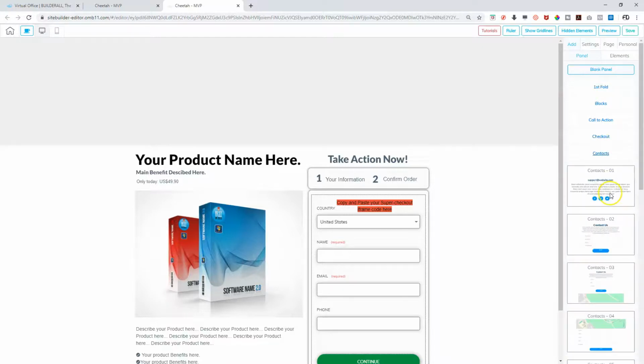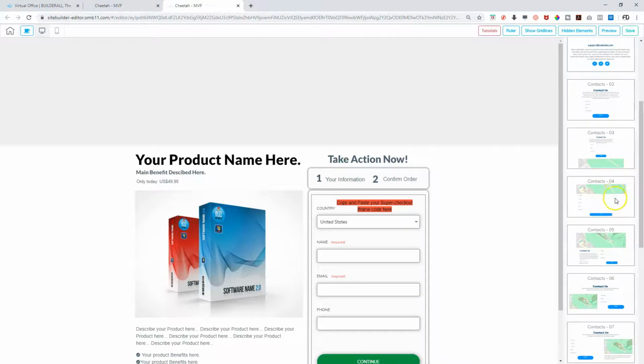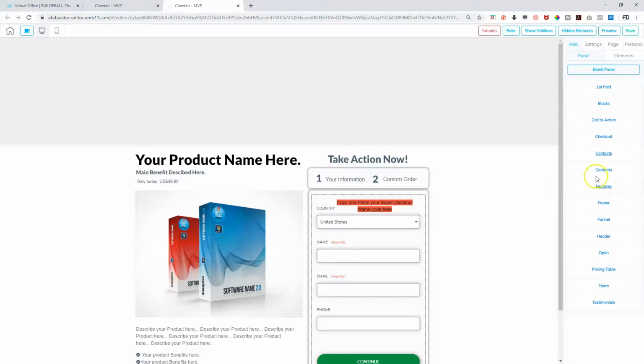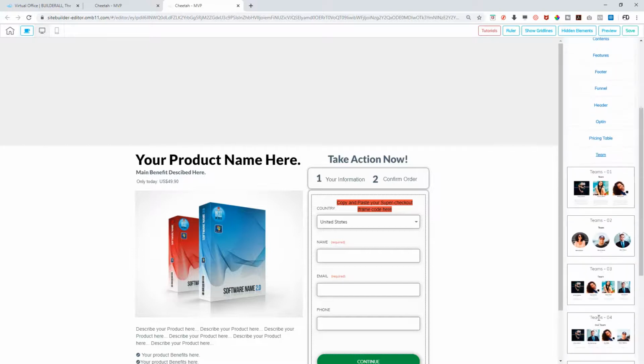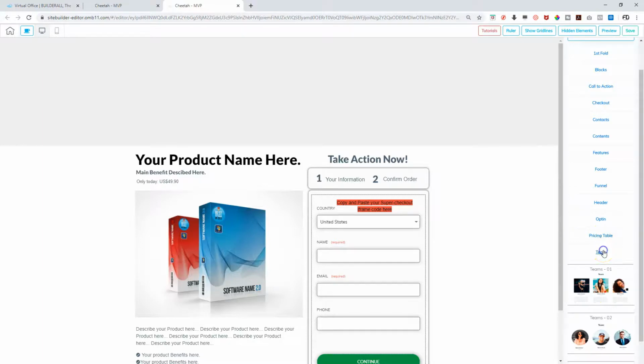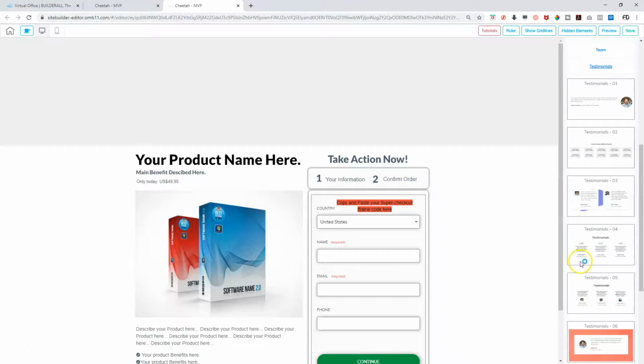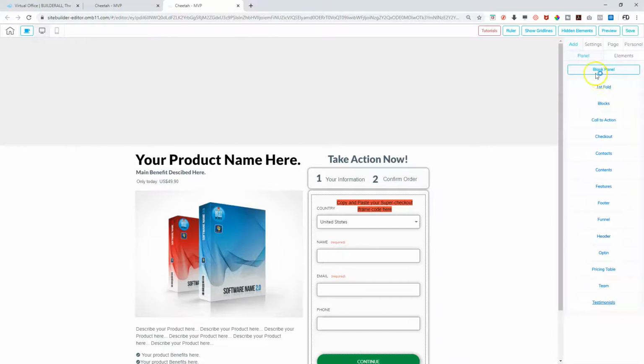All right, then you can add contacts, right? Just information. You can add a form. There's a little website with it. There's so many, again, like I mentioned, there's so many different templates. Then there's features, there's contents, there's footer, there's funnel, there's header, there's opt-in, and then there's pricing table. Okay, team. So you want to introduce your team and put a little bio under them. Then you could also do that. So that's what team looks like. And then testimonials. You can actually go in here and pull a template with testimonials. Okay, super cool stuff. So again, just by using these panels that are already pre-made, you can create a website